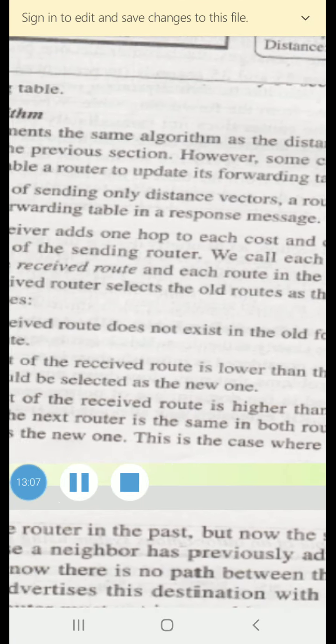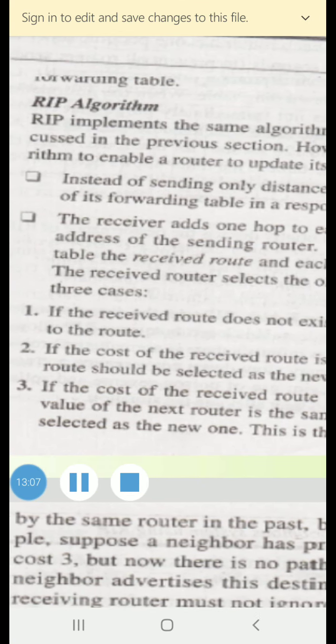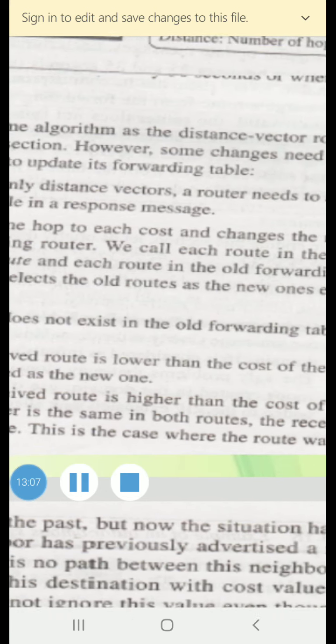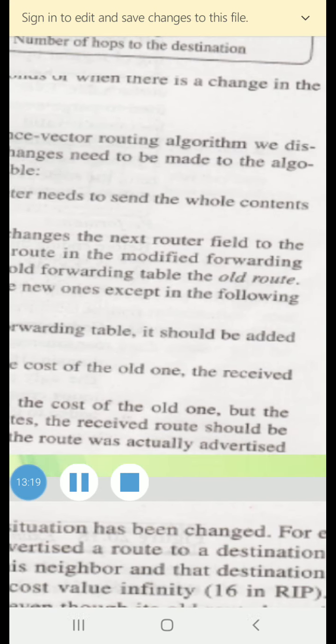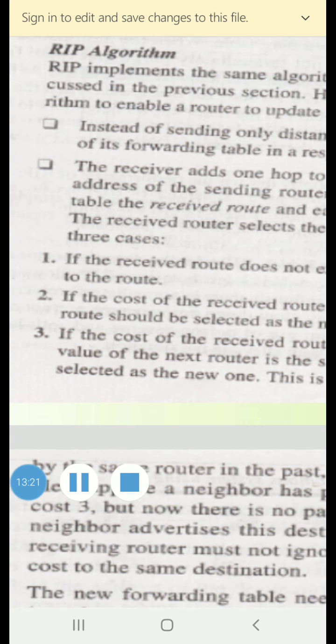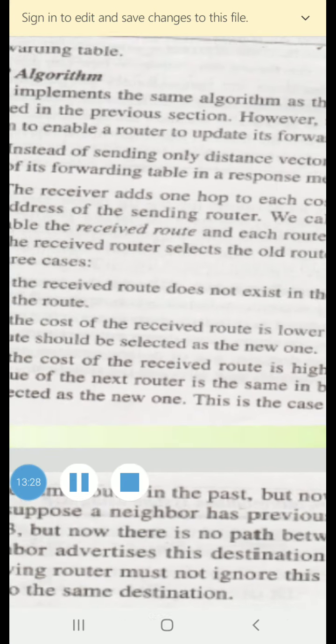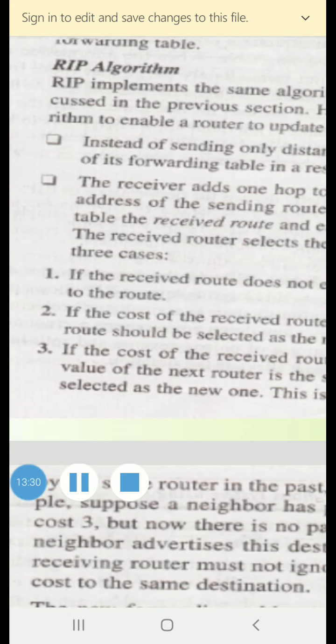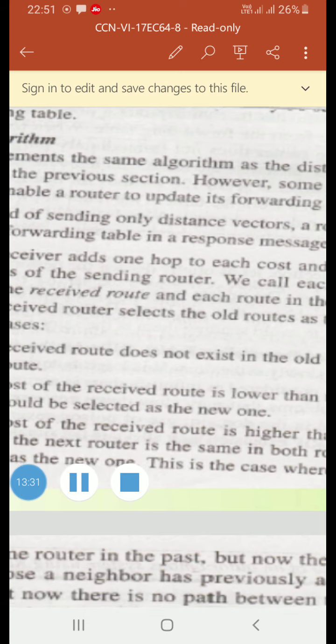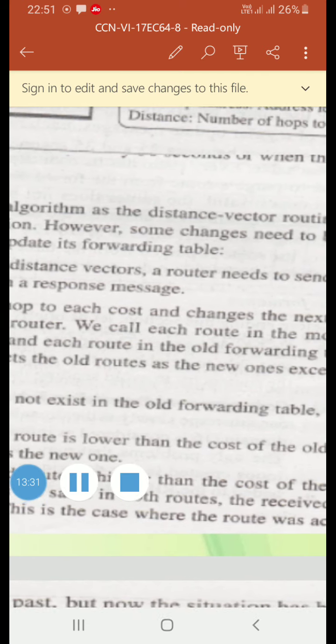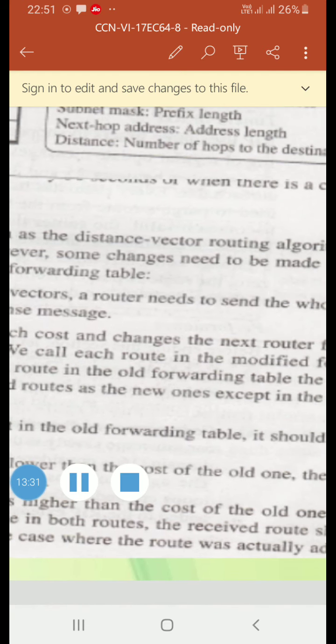The receiver selects the old routes as the new ones except in the following three cases. First, if the received route does not exist in the old forwarding table, it should be added to the table. Second, if the cost of the received route is lower than the cost of the old one,